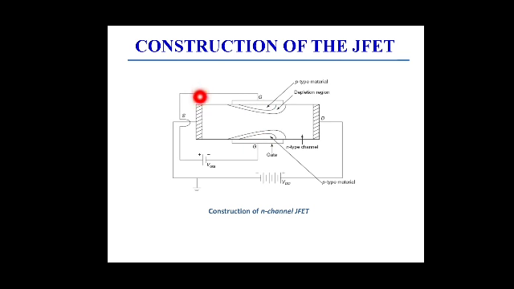Now, to make electrical connections, you will be using some metal. You will be using aluminum on the two sides, and even at the gate terminals on either side you will be using aluminum. These two gate terminals are commonly connected, sometimes internally connected, so both of them are controlled from a single point.